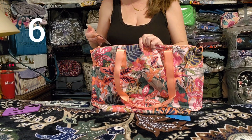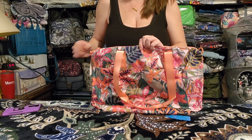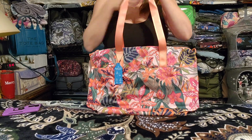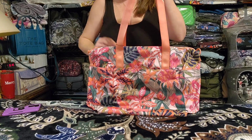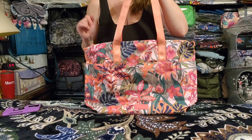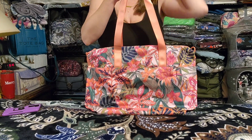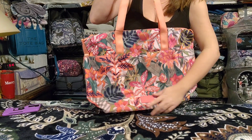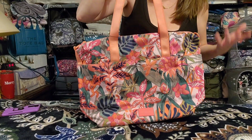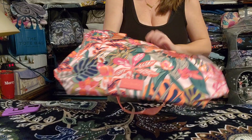So the first of the tote bags that I bought is the Reactive Tote in Rainforest Canopy Coral. And I had the Reactive Crossbody Sling, or whatever it's called, in this pattern. And I got it solely because I loved the pattern and I thought it was so pretty and so cute. But I hated that bag. I can't make that bag work for me. So I'm getting rid of that one. So I bought this one because I still wanted something in this print. So this is the print that I did not even realize it, but